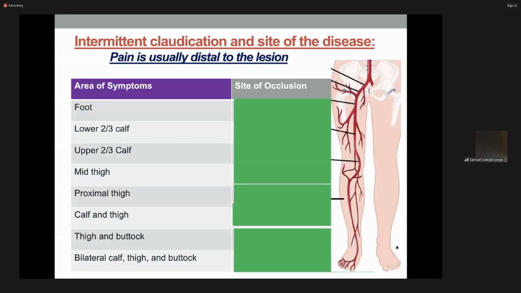Now, this is the one that's going to get you guys. So I want to focus a little bit on this one. I should be done with vascular in about, it shouldn't be long. This won't be long at all. I think you guys are pretty ready for this. So